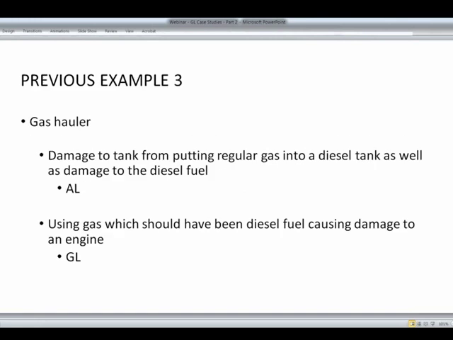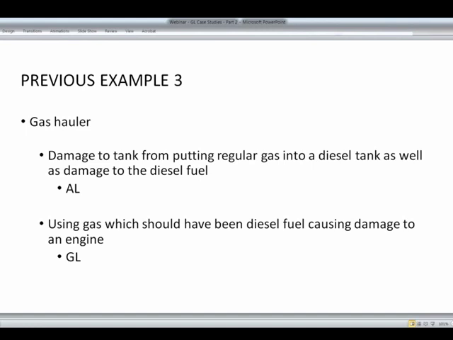So let's go back to our example, the gas hauler. We're unloading the gas by hand, unloading gas into the tank. While unloading the gas into the tank, if it damages something in the tank, say the tank is diesel and our insured inadvertently loads gas into that diesel tank, it contaminates the diesel in there and damages the tank, that's auto. While the fumes are coming up while unloading and it sparks, then that would be auto. But if the fumes hit the bottom of the tank and came back up, that would be GL.